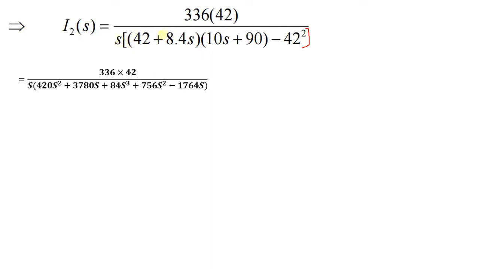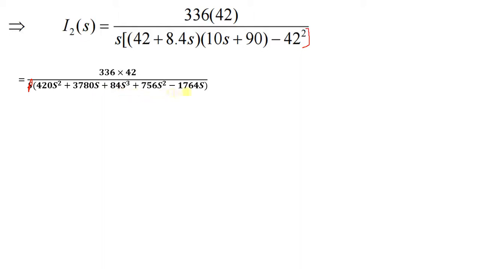Just you multiplied this s. So you multiply these two terms, which is equivalent to 420 s square. Sorry, so here now s is not present. I directly multiply s also inside the terms. So therefore 336 into 42 divided by 420 s square plus 3780 s plus 84 s cube plus 756 s